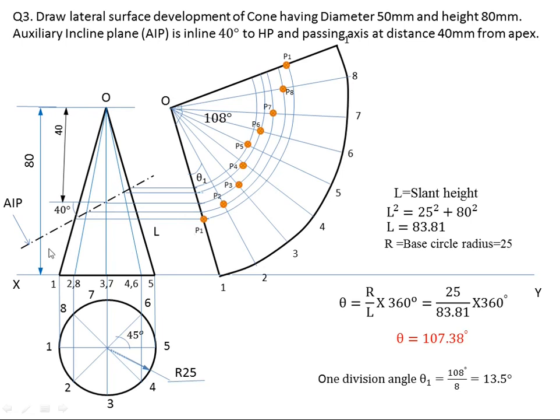If you see here, one generator is cutting here, so this point is P1. Then two generator is here, draw the line like this and rotating here, we get P2. Similarly we get P3, P4, P5 here. So this is the fifth generator, O25. Here it is cutting, so if you transfer it, you will get P5. So P6, P7. Join these points by a curve, so you will get this development of lateral surface of cone.